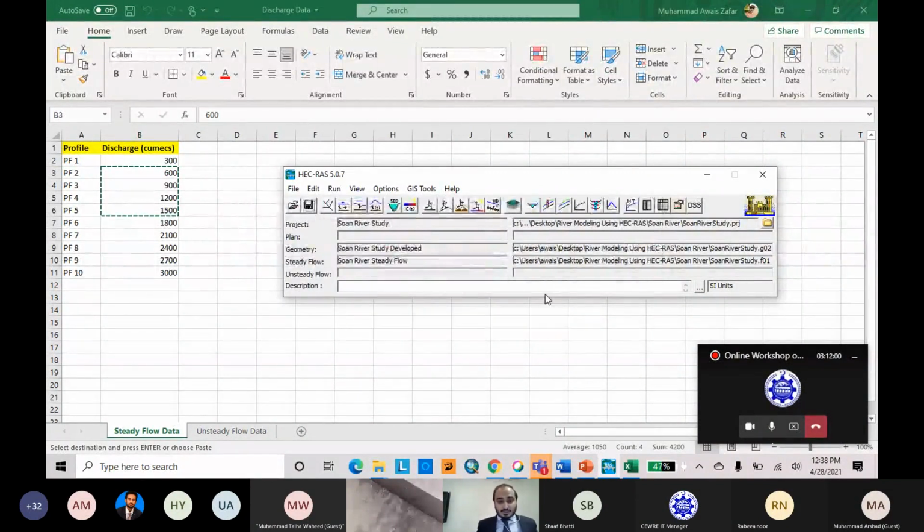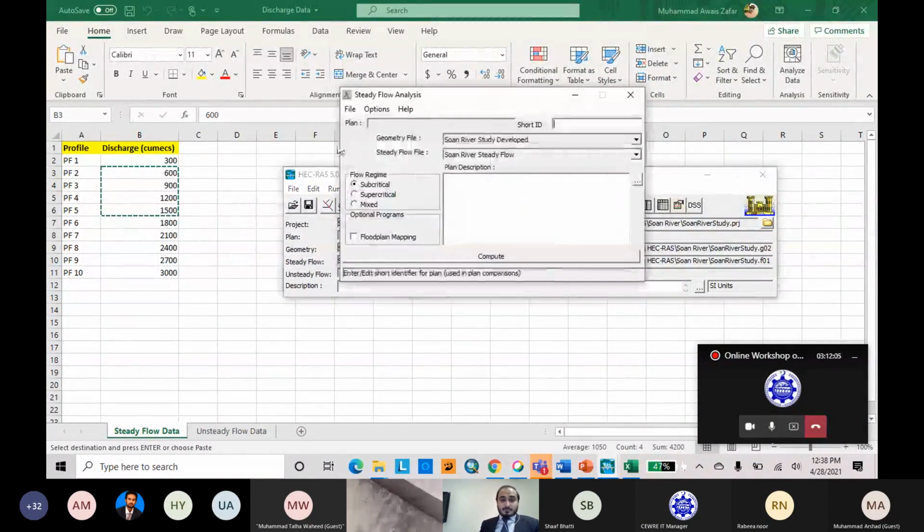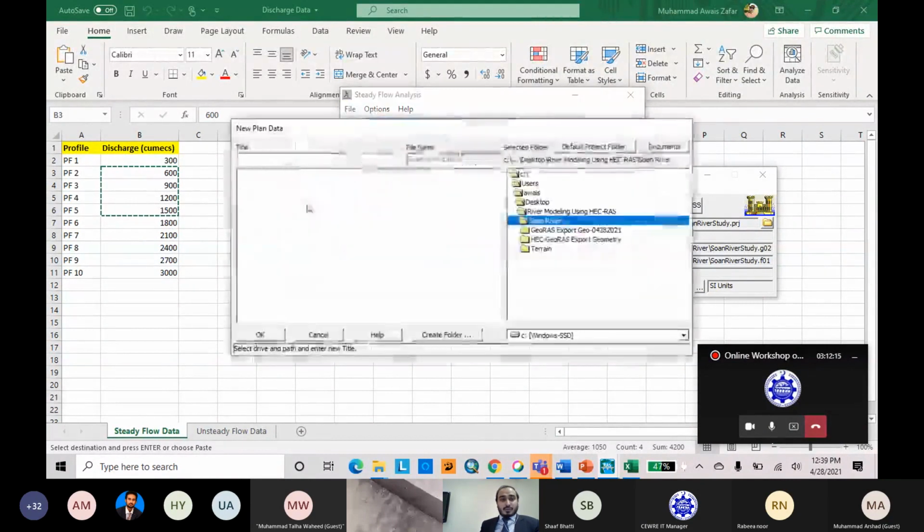Now the third step is flow simulation. After performing steady data, we will see how to perform unsteady data. We have to create a new plan.